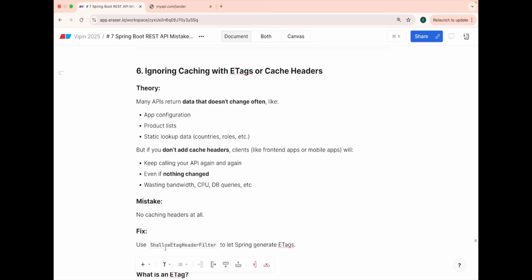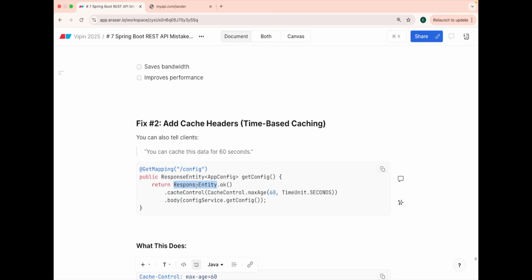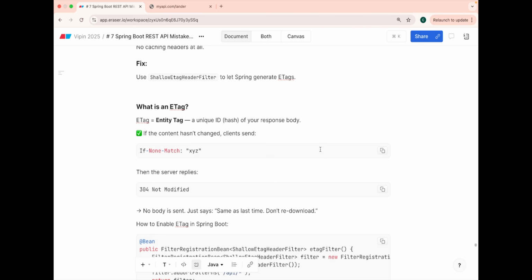And there's a way to do that. That is with a Cache-Control header. While sending the response entity, you can send the Cache-Control header saying that you can store or cache my data for 60 seconds or 30 days. And this is how beautifully you can tell your consumers that you don't have to come to me and ask how much time you can cache. Whoever is coming to me, I am explicitly telling you that I am cacheable and you can cache me for this much time. This is a beautiful caching thing you can do.